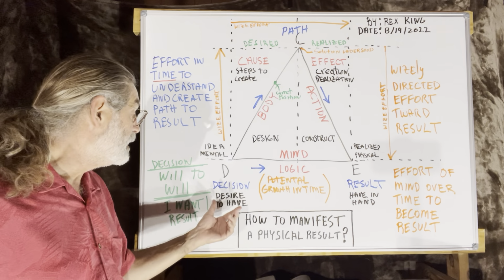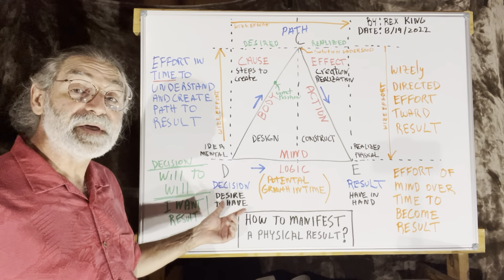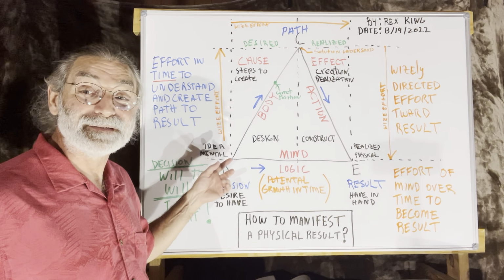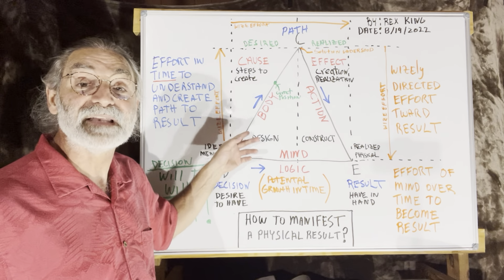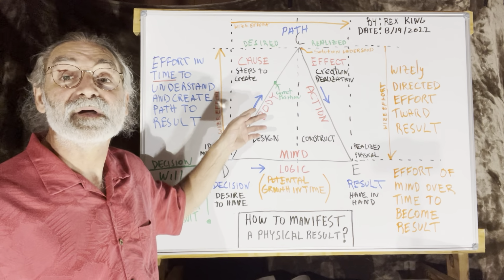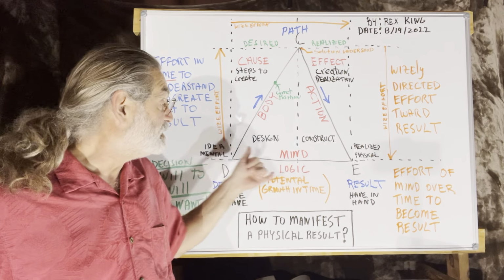That's your desire. Well, what's the first thing I better do? I better start learning how to cook. I better start learning how to take care of children. I better start learning how to be the person I need to be in order to accomplish that goal. And you start with yourself.